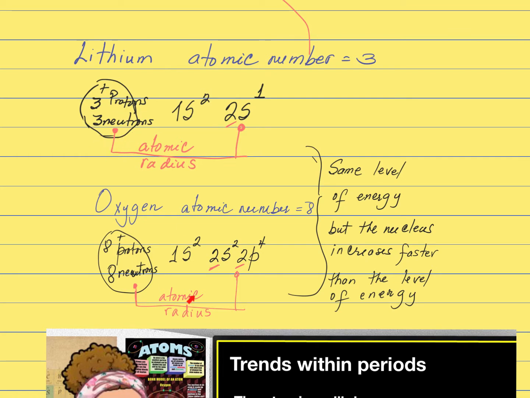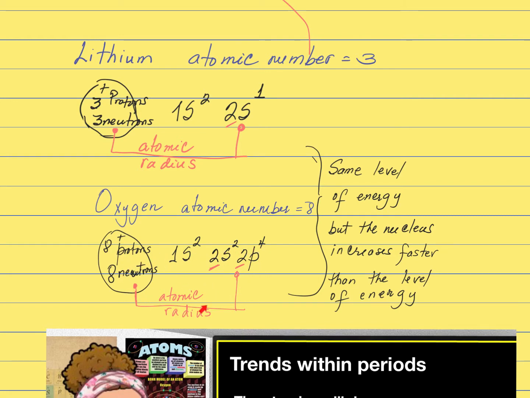Since you have the same level of energy and the nucleus is increasing faster than the level of energy, the attraction between that nucleus and the electron is going to increase,